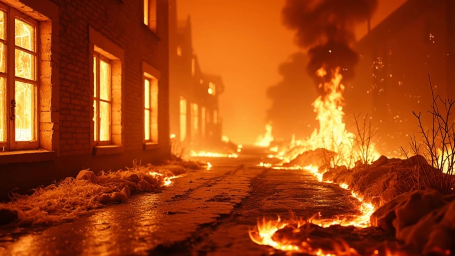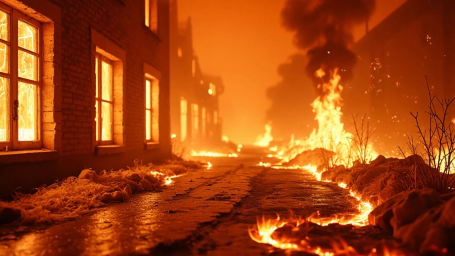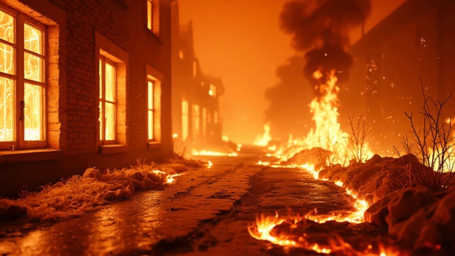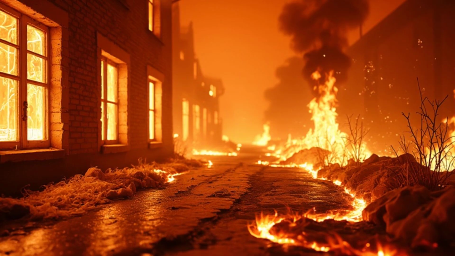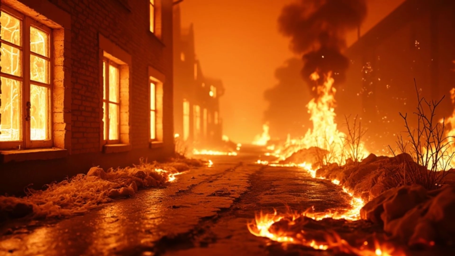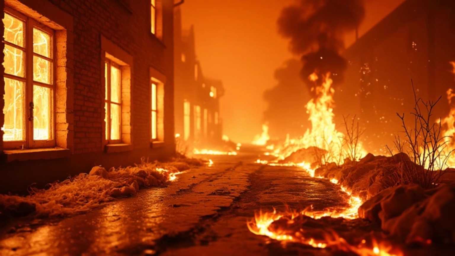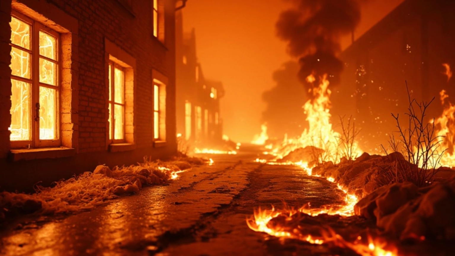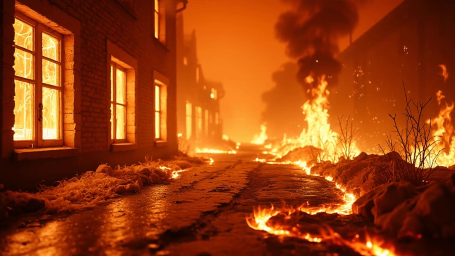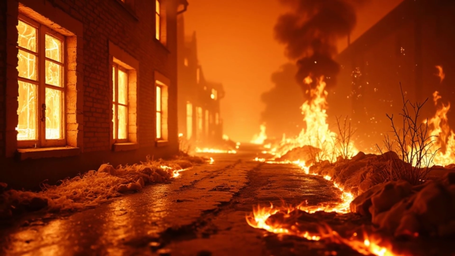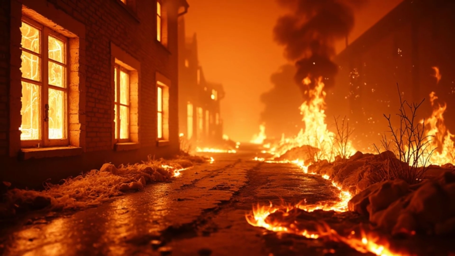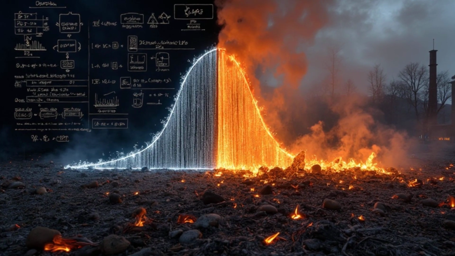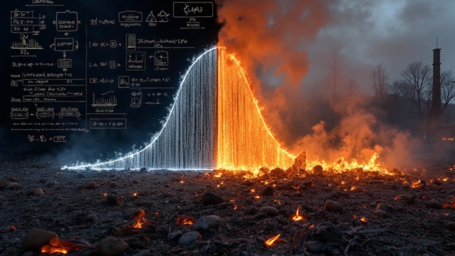The operations researchers had calculated the exact temperature needed to melt glass, to turn asphalt into flowing rivers, to suck oxygen from underground shelters with mathematical precision. The firestorm reached 1,500 degrees Celsius, exactly as the thermal dynamics equations predicted. It created winds of 150 miles per hour, precisely matching the meteorological models. It consumed everything within a 2.5 square mile radius, just as the burn rate calculations had forecast.